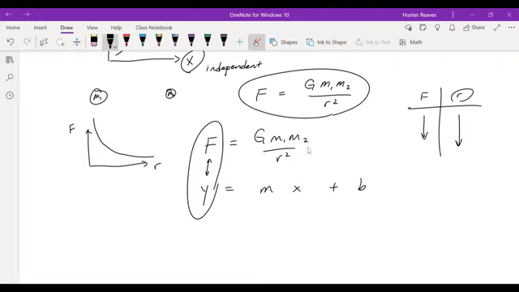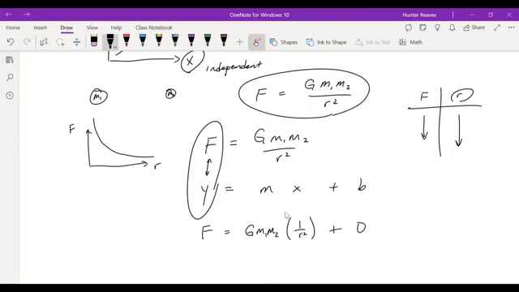But we can instead write this as G times m1 times m2, and then times 1 over r squared, and then plus 0 in this case. So our y-intercept should be 0,